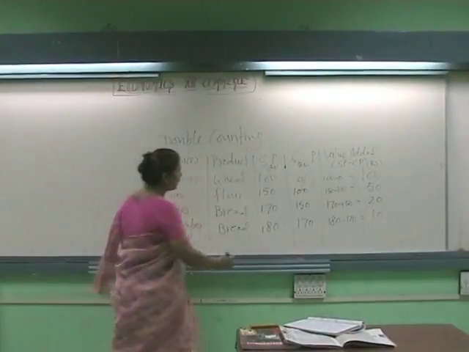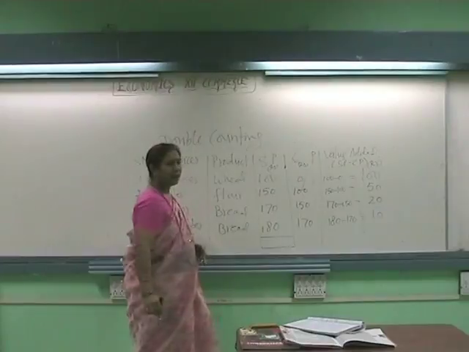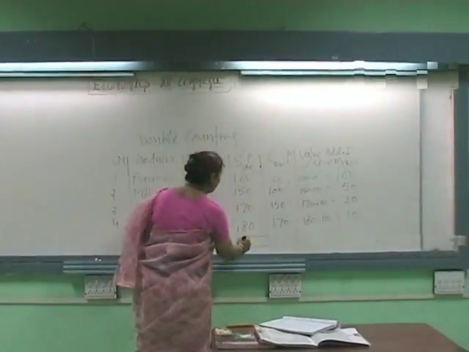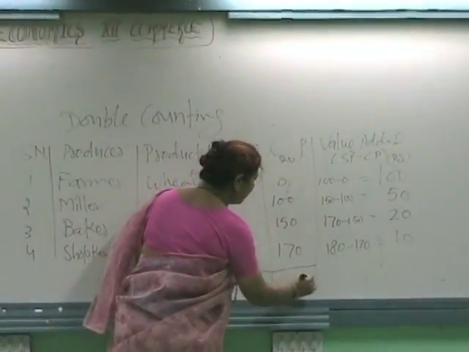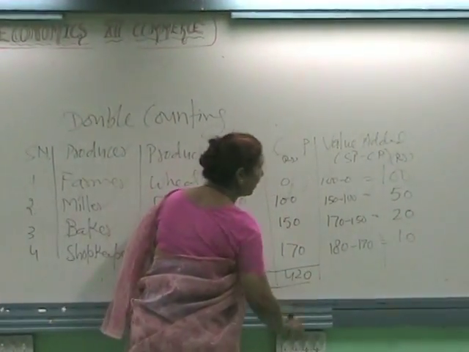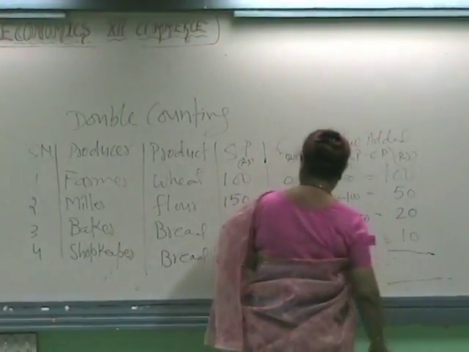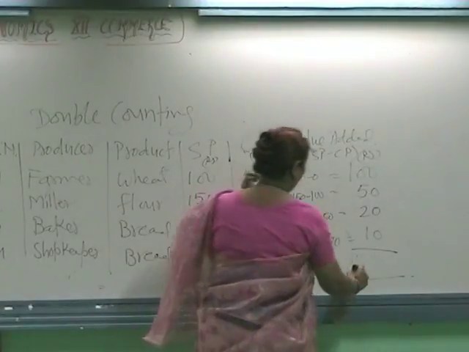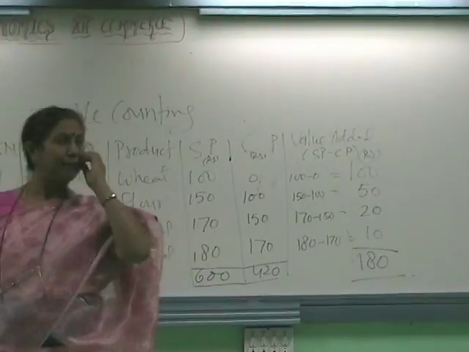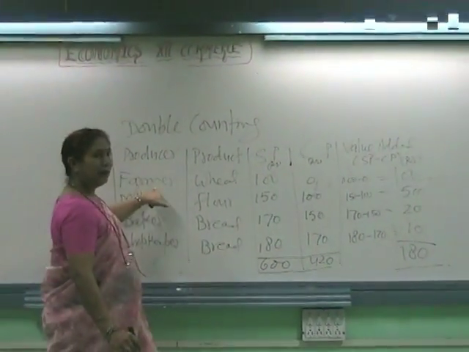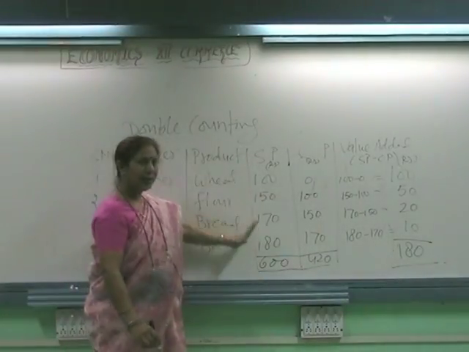Now if you add this, what is the total here, tell me? 600. It is 600. And what is the total cost price here? 420. And what is the price here? 180. Now in this example you see, when the farmer is producing wheat,